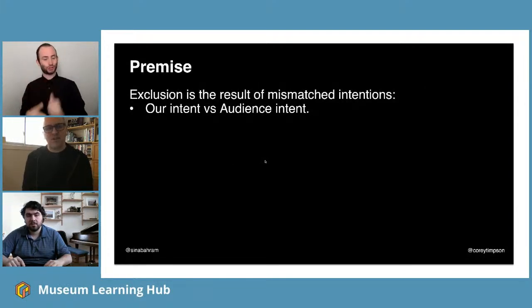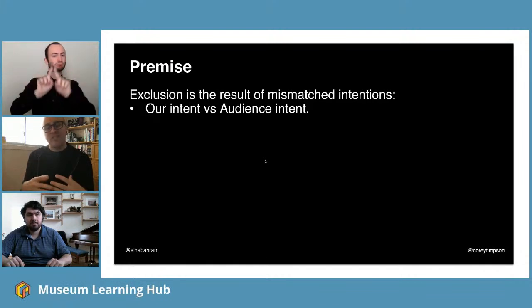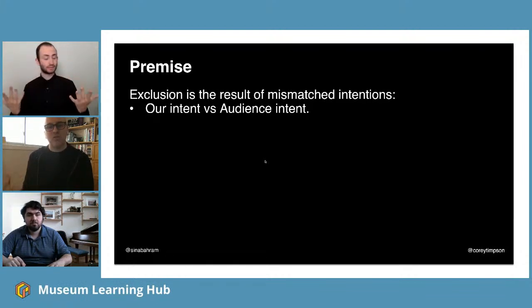We also start operating among a premise. And the premise is basically that we have intentions, whether we're drafting a policy, whether we're developing an exhibition, whether we're creating a digital product or a digital channel or a digital system or marketing collateral, so on and so forth, an event. We have these intentions, and we also want to recognize that our audience has intentions.